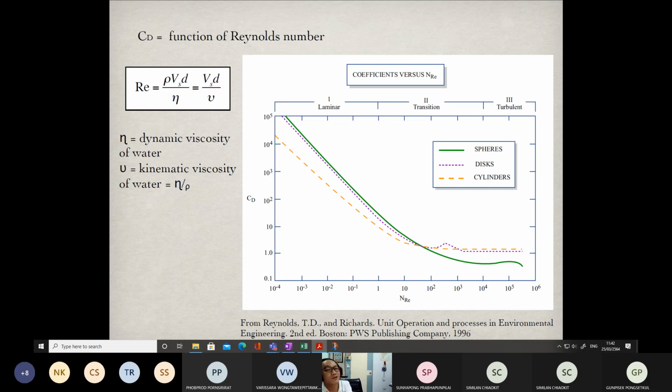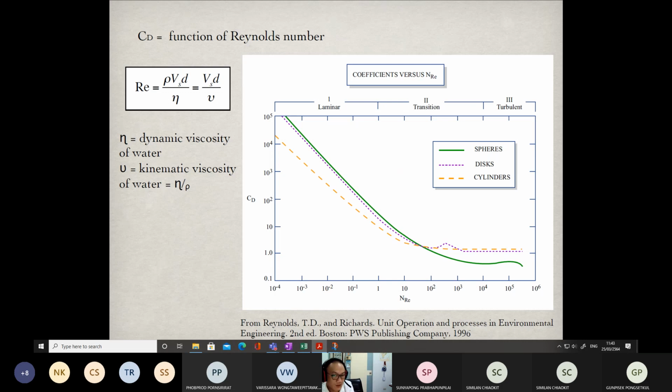You have to find out the Reynolds number while water is flowing through the pipe. This one is also similar. The Reynolds number will change according to the